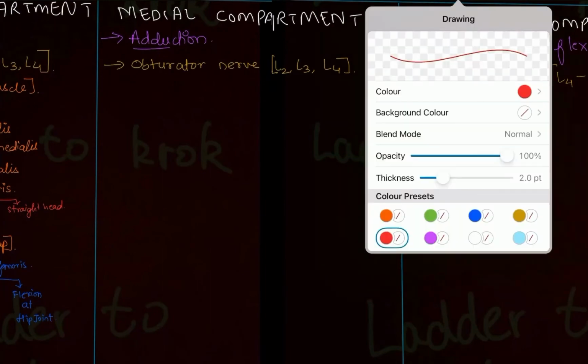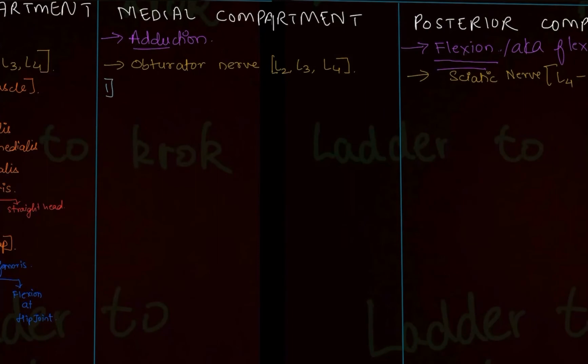I'll list down the muscles first. The first muscle is the pectineus muscle. It originates from the pectineal line. Now what is pectineal line? You have this pubis, right? Like this. This line comes from the pubic tubercle on the superior ramus of the pubis. Pubis had three parts, right? Body, superior ramus and an inferior ramus. The line which runs along the superior ramus from the anterior side, from the body, that's called as pectineal line. So from there will originate the pectineus muscle.